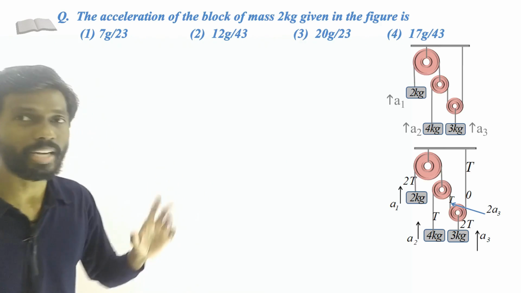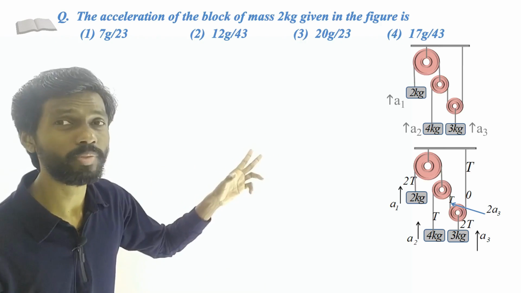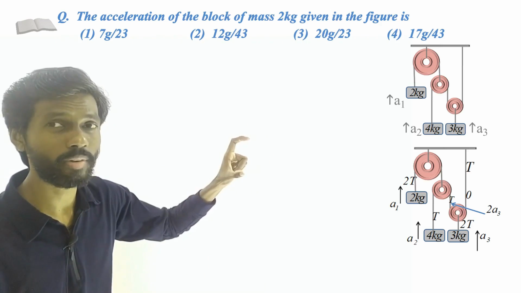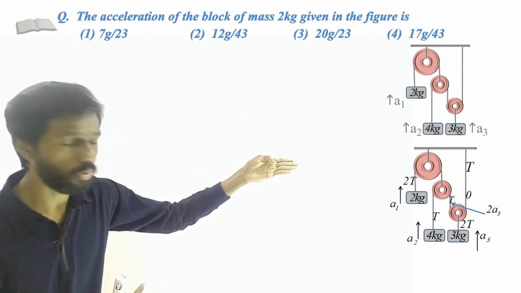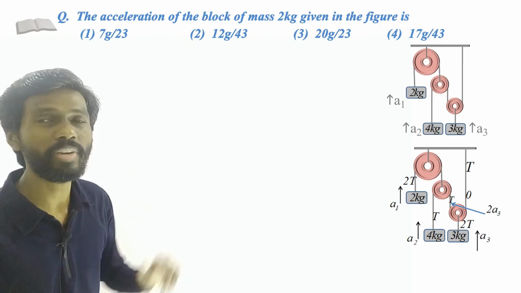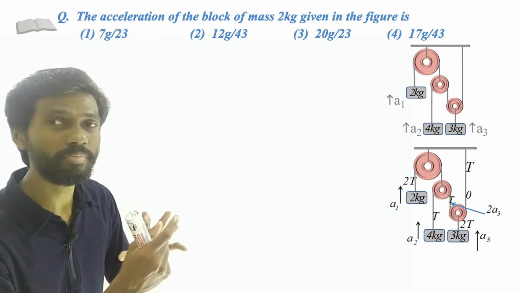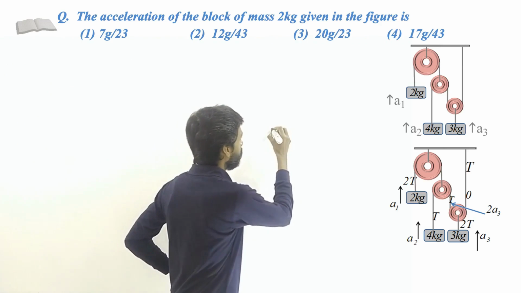Okay, yes. Similarly, now let us take the middle pulley. The middle pulley has acceleration same as a1. So a1 is the acceleration of the middle pulley, right? Now take the average. On the left we have the 4 kg block, which has acceleration a2. And similarly, on the right of that pulley, we have acceleration 2a3. So the average of these two is the acceleration of the middle one. So if you use this average method,